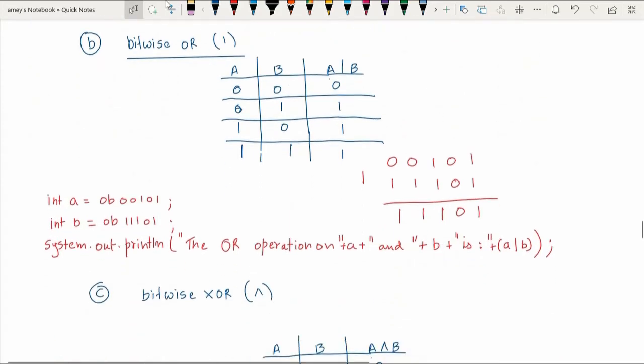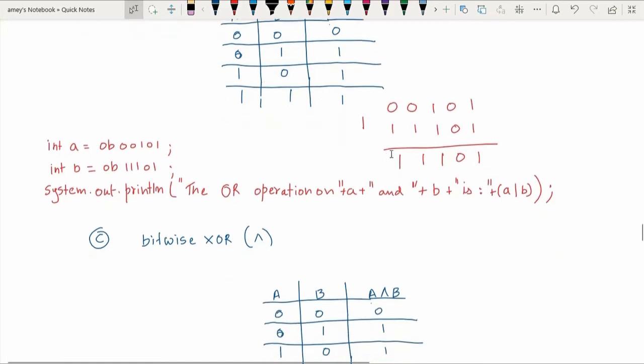Okay, now next is the bitwise OR operator. This also works on binary numbers. Bitwise OR.